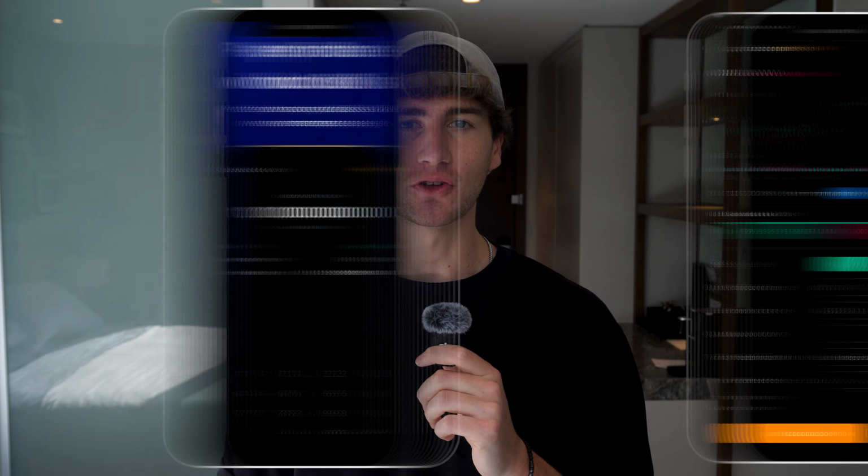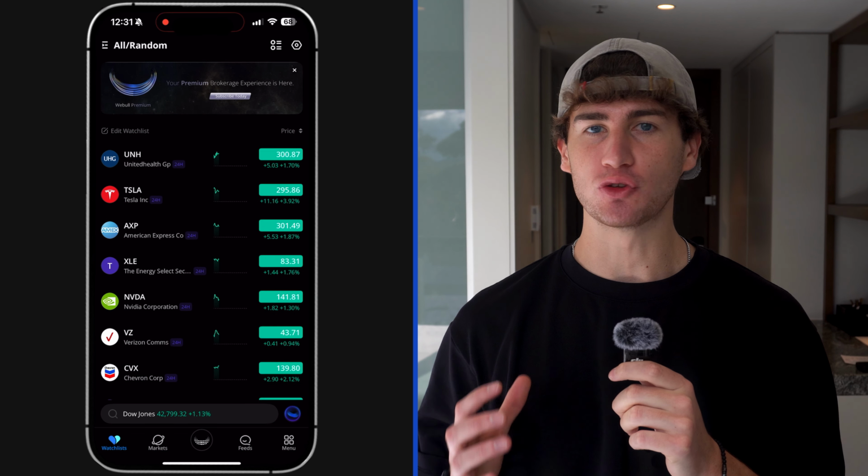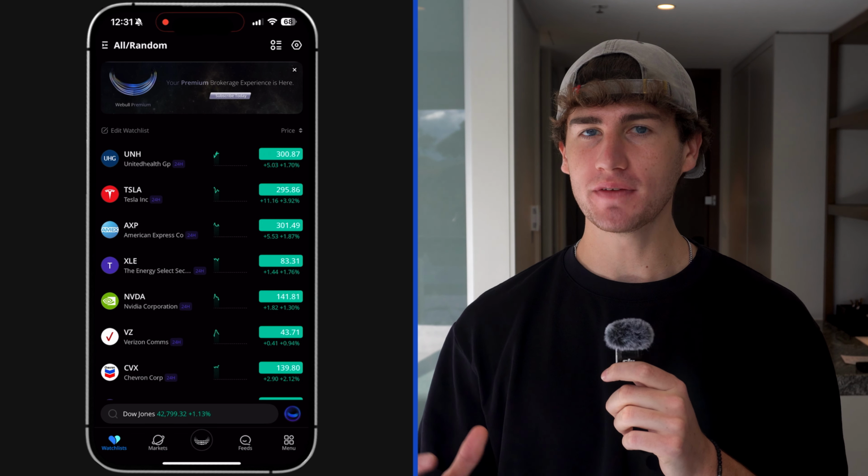How to paper trade stocks on Webull as a complete beginner. Jumping into the app, paper trading is one of the best features you can use to go from zero experience to confidently trading and investing. You can buy and sell stock, test out trading strategies, practice using different order types, and get comfortable with Webull itself 100% risk-free. To use paper trading, make sure you've signed up for Webull,